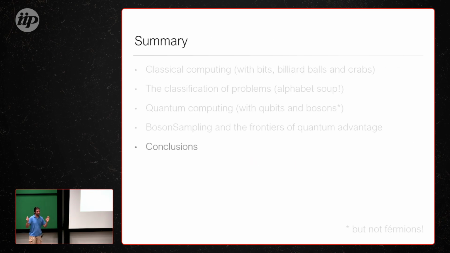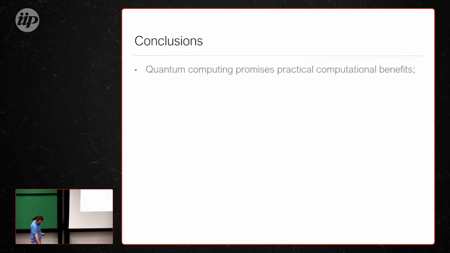So just to conclude, and because I think I'm short on time, the idea that I wanted to tell you was that quantum computing promises practical computational benefits. However, it has been promising these practical computational benefits for the last 4 decades. And things at the beginning were moving relatively slowly. I mean, the experimentalists are awesome and they do very awesome work. But in the grand scheme of things, things weren't moving super fast.